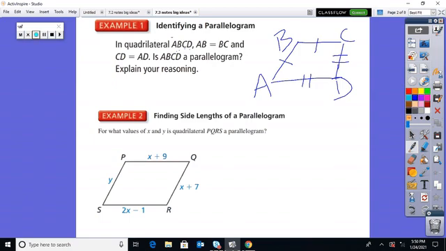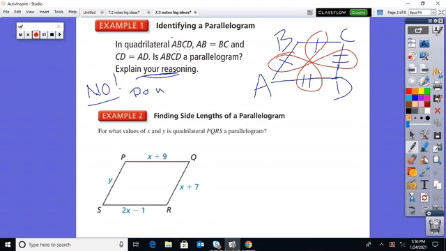Is ABCD a parallelogram? Well now, we know that we need the opposite sides to be congruent for it to be a parallelogram, and we don't have that. We have the consecutive sides. So you'd have to say a big old no on this one. And the reasoning would be that we do not have opposite sides congruent. Opposite is the key thing you got to have. Because really what this could have looked like,